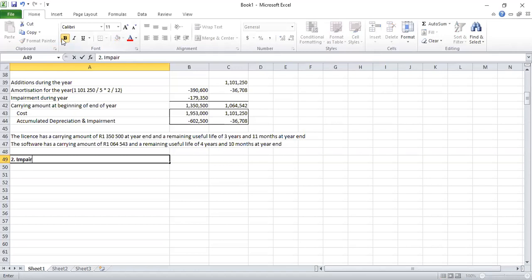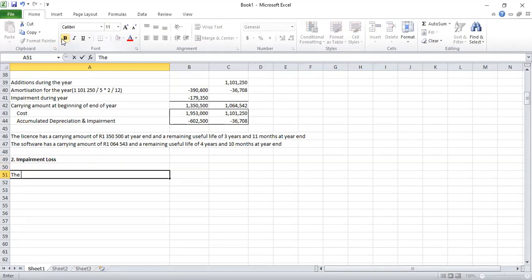In this note, you have to state the impairment loss that was recognized during the financial year. Right. So we can say